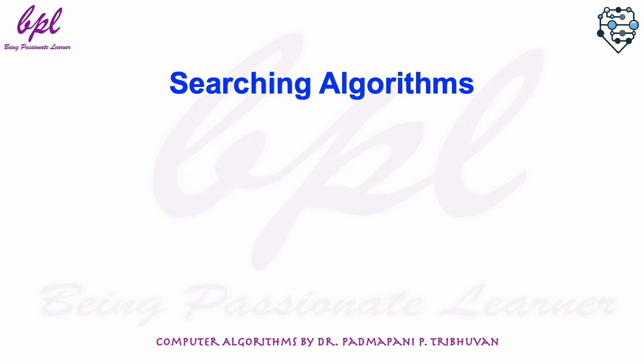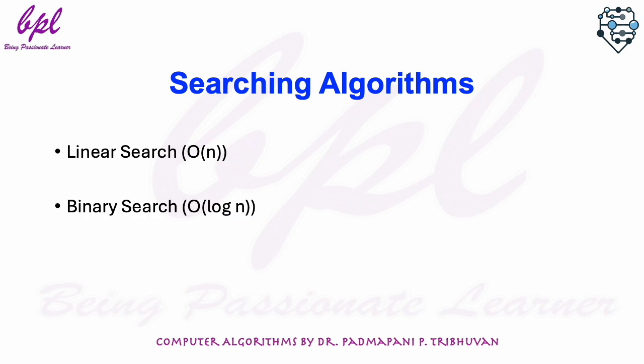Searching algorithms. Linear search, O(n). Linear search searches each element one by one. Its time complexity grows linearly with the input size. Binary search, which is O(log n). Binary search efficiently narrows down the search space by half each time, making it much faster than linear search